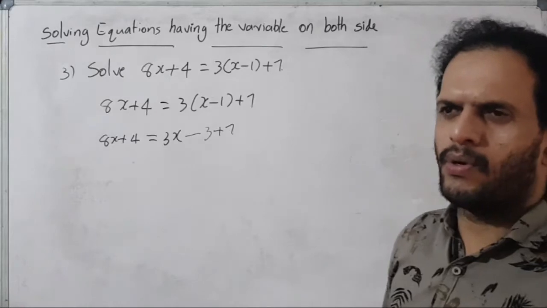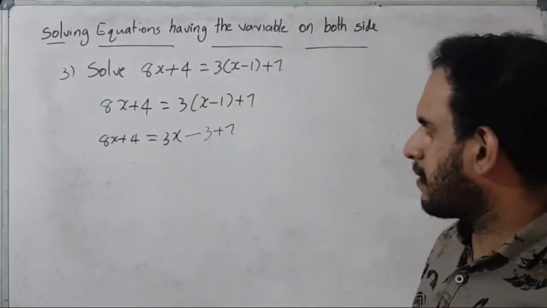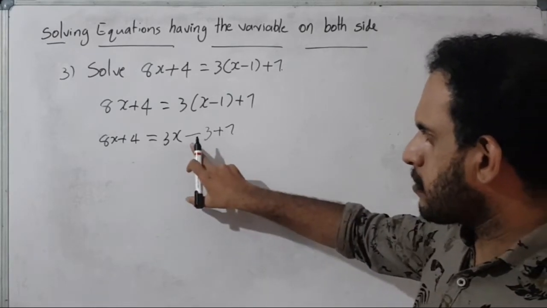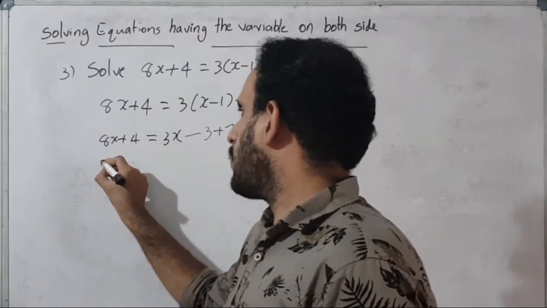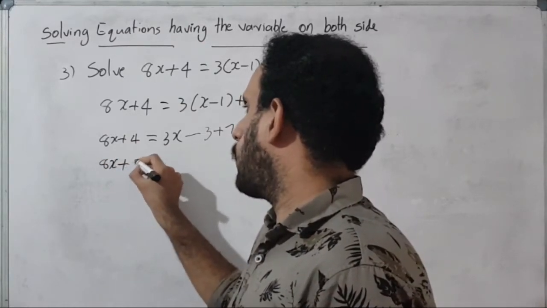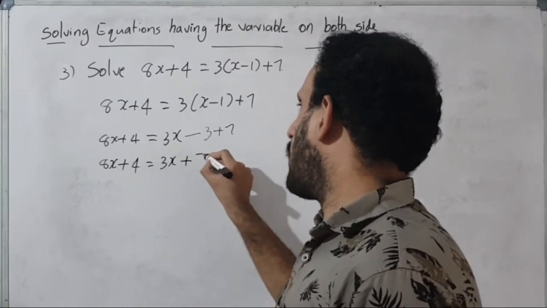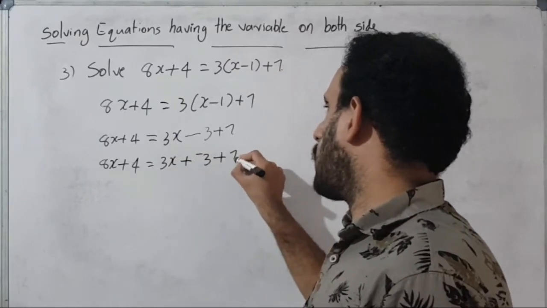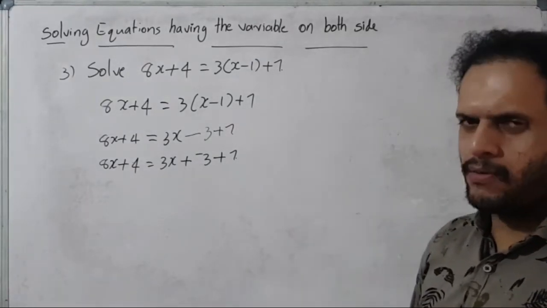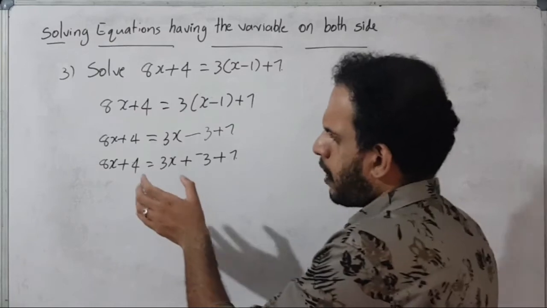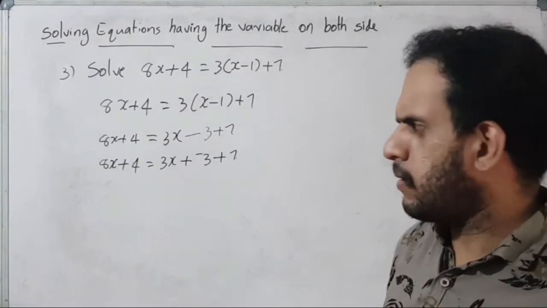So next, to transpose the numbers, we take the numbers on one side and variables on the other side. Before that, first step is to convert the minus as plus minus. Then 8x plus 4 is equal to 3x plus minus 3 plus 7. The next, the same idea, where we multiply the variable with the bigger number, the highest number, that one is